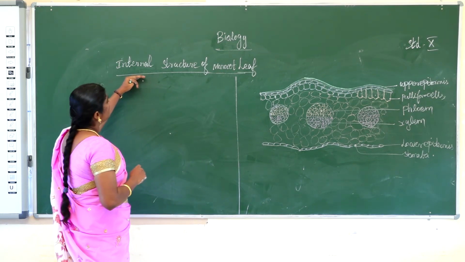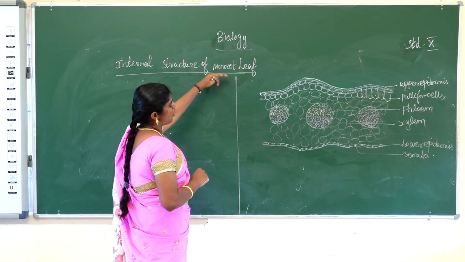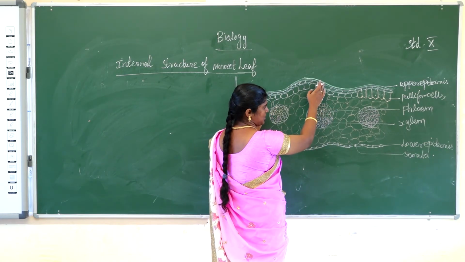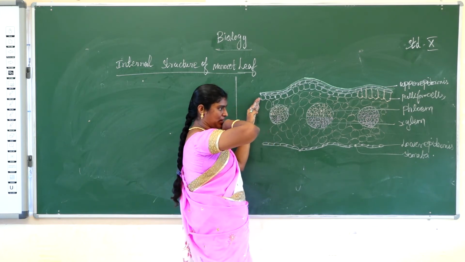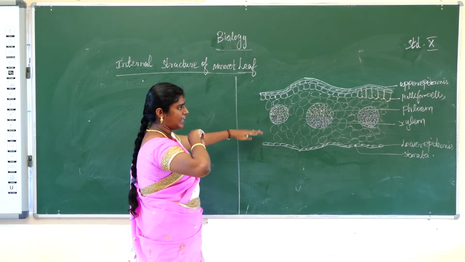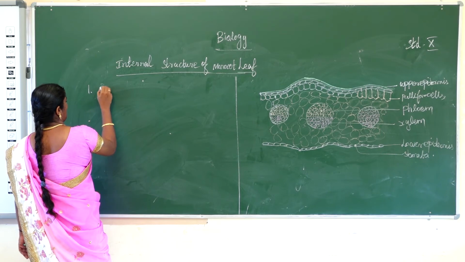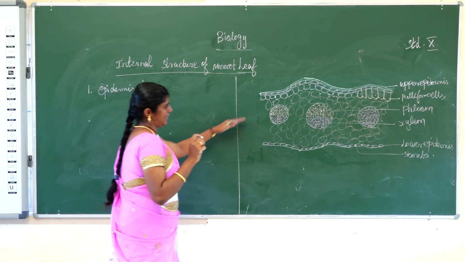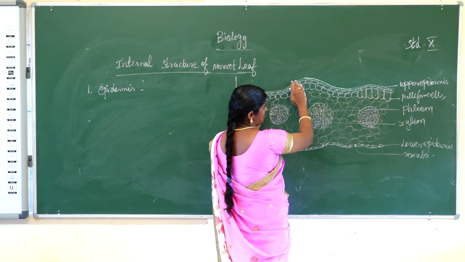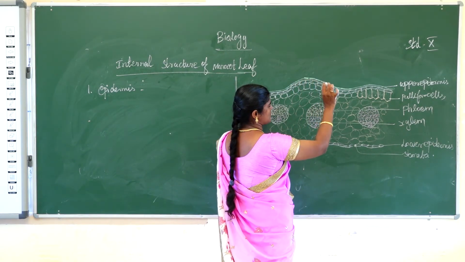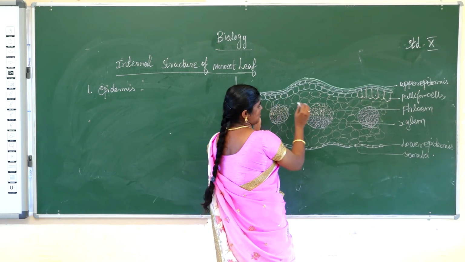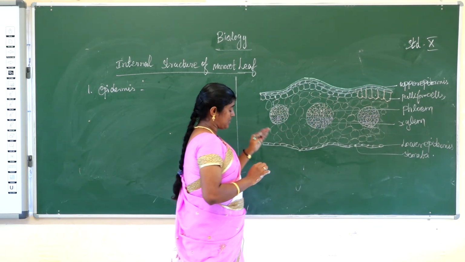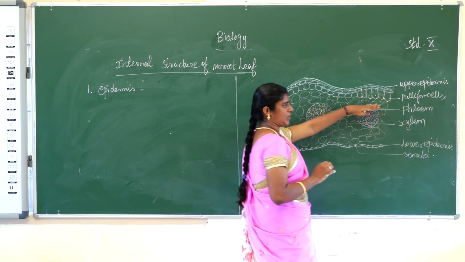Okay students, internal structure of the monocot leaf. The monocot leaf has an upper epidermis and a lower epidermis. The upper epidermis is made up of a single layer of parenchyma cells and the lower epidermis is made up of a single layer of parenchyma cells. The upper epidermis is covered with thick cuticularized cells. Some cells look very large; these are called fully formed cells and are present only in the upper epidermis. This is very important, note it.